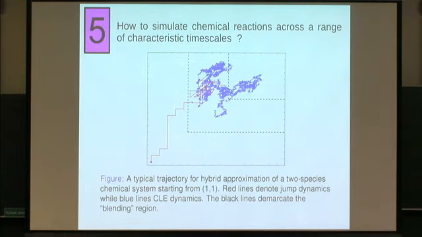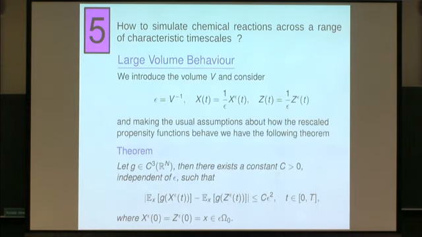So that's basically the main idea, and if you like, it's one possible vision about how it would be possible to simulate chemical reactions across a range of characteristic timescales. What I sort of like about this is that we were able to do some mathematical analysis. There is some theory, if you like, which basically shows that at least what we're doing is not hopeless